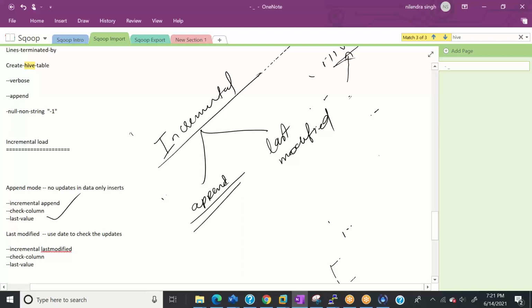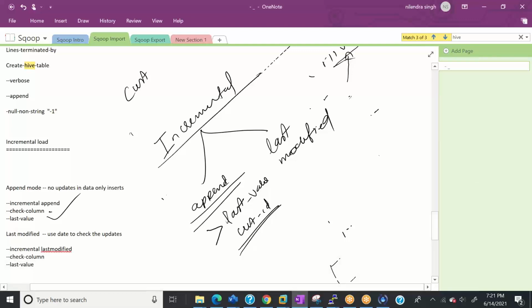In append, it will bring everything which is greater than the last value. Last value, in our case, in the customer example, is customer ID. So everything which is greater than last customer ID, right? So when we talk about append mode, we have two parameters.